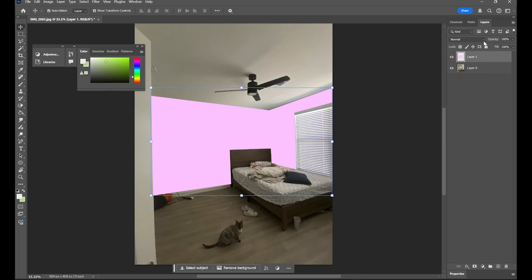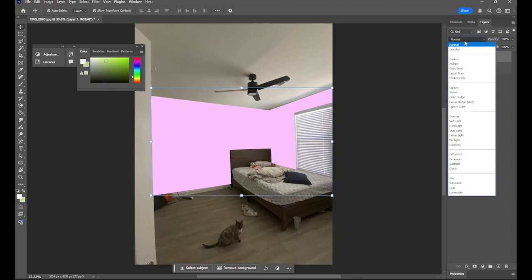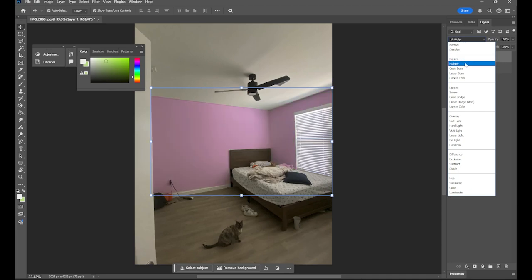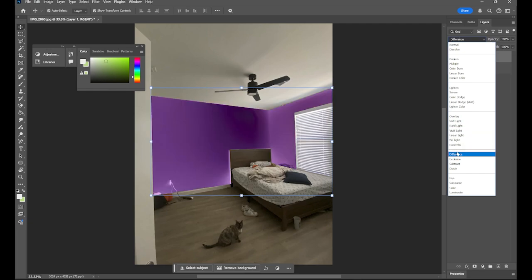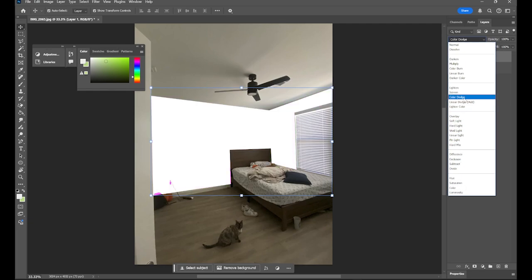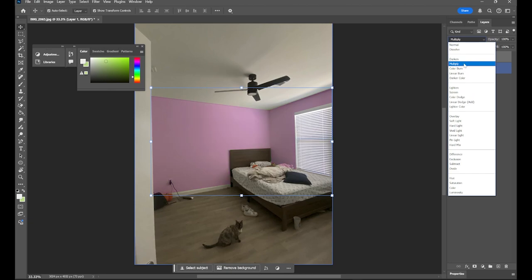And that is okay, because when I go up here in my layer panel, right here it says normal. So this is the behavior of that layer. We can change that behavior when we click down, and there's so many different options that we can choose from. Darken, multiply, color burn, linear burn, darker color, lighten, screen, color dodge. Go through these different behaviors and see which one looks the best for you. For me, realistically, I think multiply works pretty well.